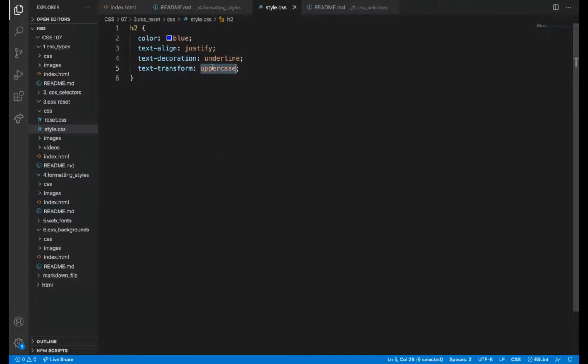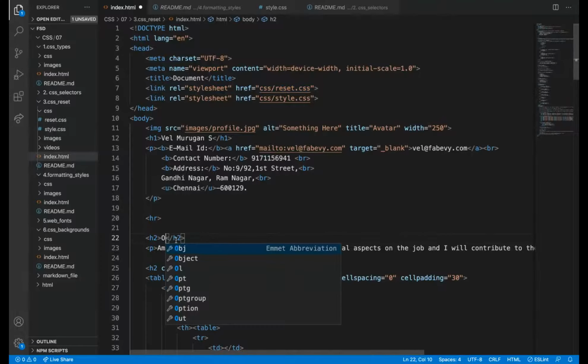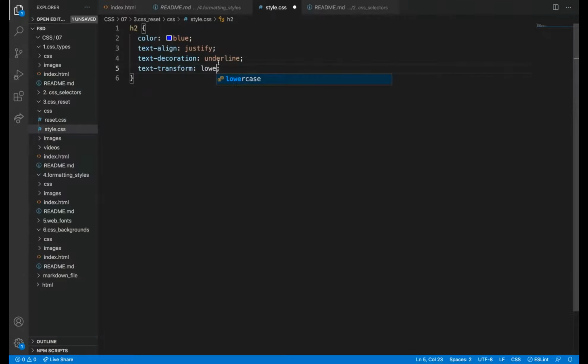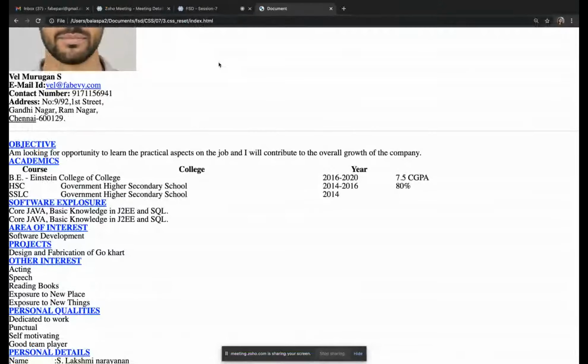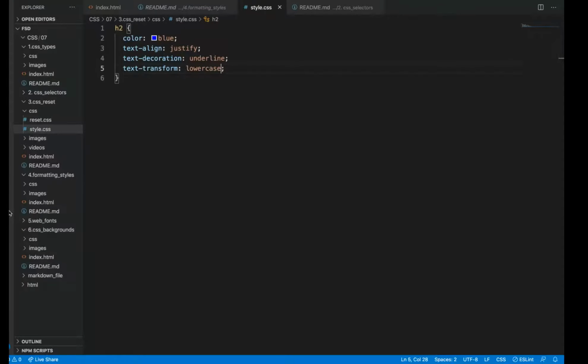I took uppercase, and then you can change it. If we have written our code in capital case, I can change it here to lowercase also. So all things will come in lowercase only. See, lowercase, the first letter also came in small letter, although we have given a capital letter.